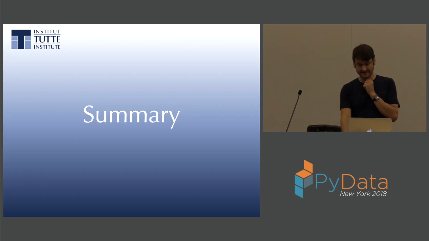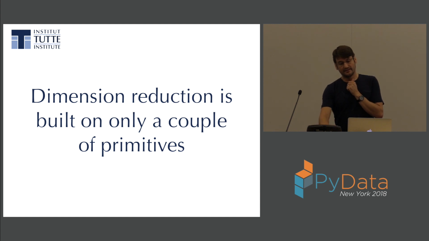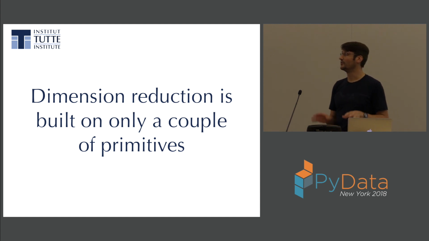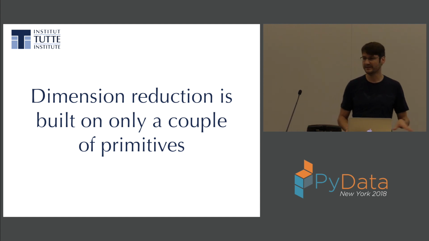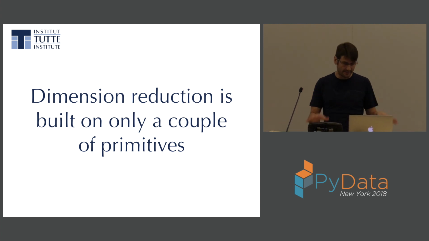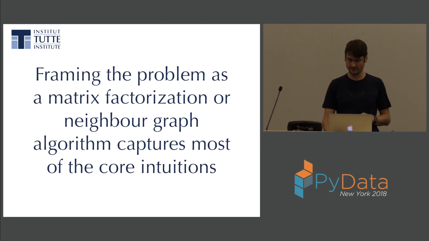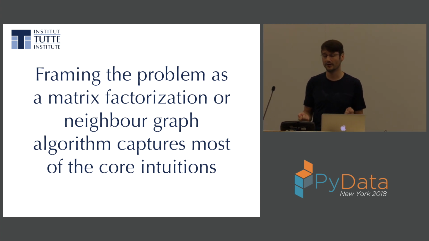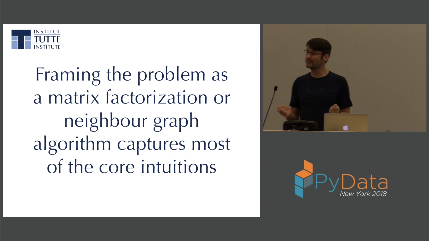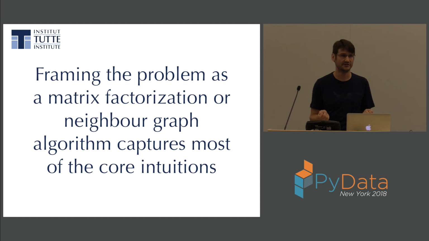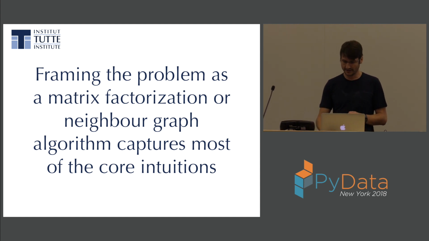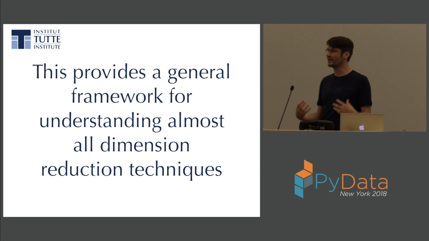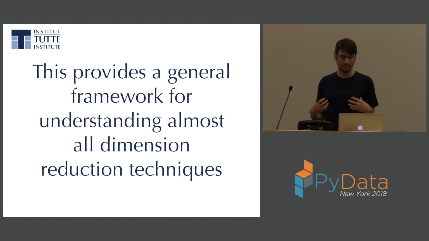Okay, so in summary, dimension reduction is really built on just a couple of primitives: matrix factorization and neighbor graphs. That's really everything to it. And framing a problem as a matrix factorization or a neighbor graph algorithm captures most of the core intuitions of those algorithms. So this is a general framework for understanding most